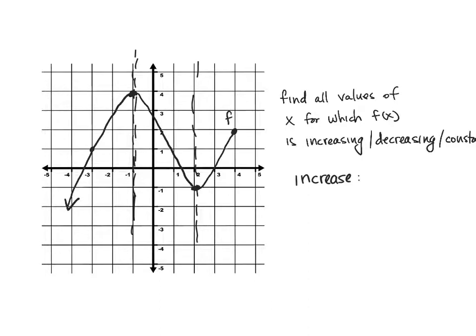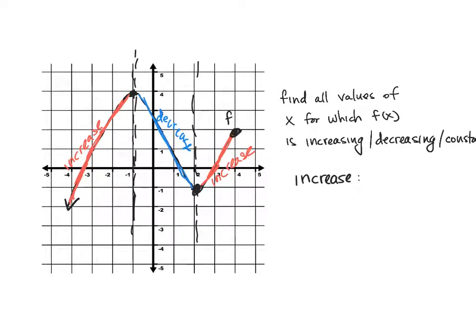So let me do this in different colors. I'm going to do in red the portions of the graph that are increasing. So this is increasing. And then also here. And then let's use a different color here. Let's try that again. This portion of the graph, since the y values are getting smaller, we would say that's decreasing. Now the mistake students make often is trying to describe where this is happening by giving it from a